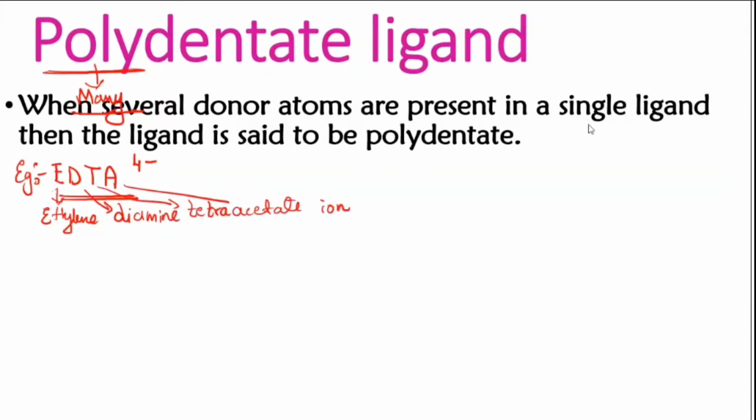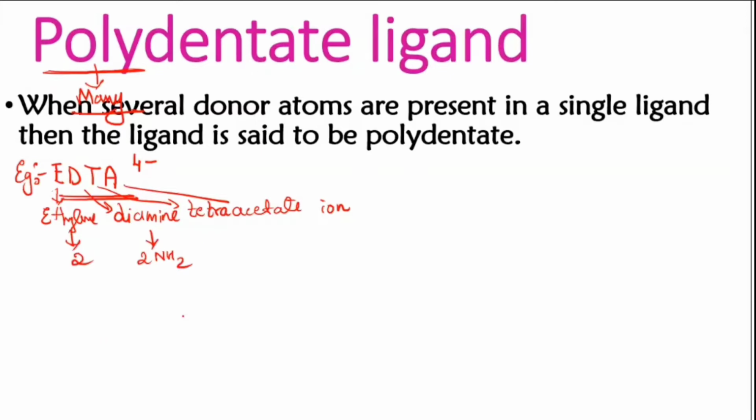You can see and tell me. I will give you the structure. You can see that structure and tell me how many electron pairs they can donate. Refer to the structure. Now see again, ethylenediamine tetraacetate. You can see here ethylene; that means the number of carbon atoms in this ethylene will be 2. Diamine, that means we are having 2 NH2 groups present. And acetate ion, that means here you remember acetic acid, so that acetic acid's ion part will be linked to this particular compound.